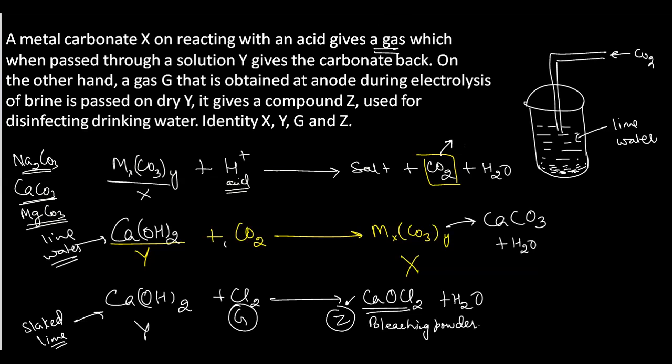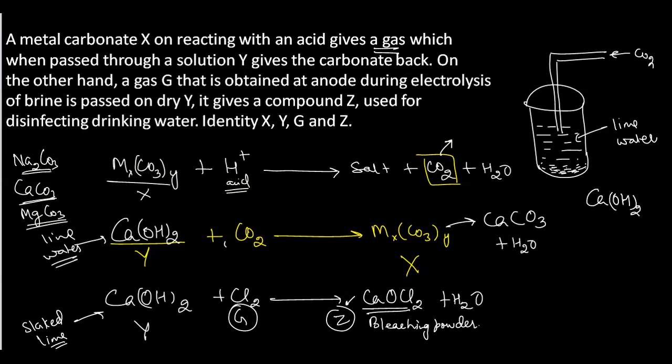So it is the famous equation that when we pass carbon dioxide to a solution, it gives you the carbonate back, meaning it gives you that metal carbonate X back. वापस आपको जो आपने कार्बोनेट लिया था वो वापस मिल जाएगा आपको जब आप उसी से कार्बन डाइऑक्साइड पास करोगे. So हम लोग को पता है कि अगर हम किसी कंपाउंड के साथ कार्बन डाइऑक्साइड को पास करते हैं, if you are passing the carbon dioxide to a compound and it is giving you back the metal carbonate, that is the lime water. Lime water is calcium hydroxide.